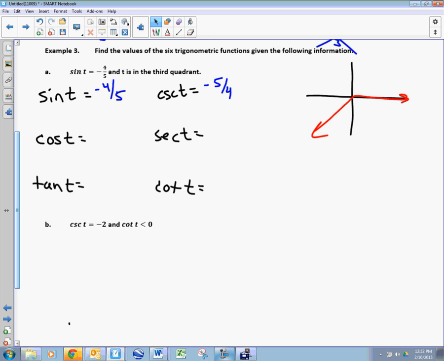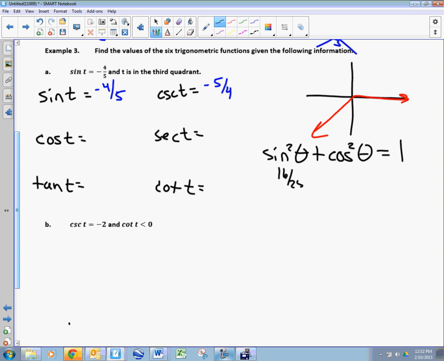We're going to use a formula that we just made up. We're going to do sine squared of theta plus cosine squared of theta is equal to 1. And we can then see how we're going to be able to solve for cosine then. What do you get if you square your sine value? 16/25 plus cosine squared of theta. Yep, when you square a negative, it becomes positive. I rewrote 1 as 25 over 25. Subtract, and you get